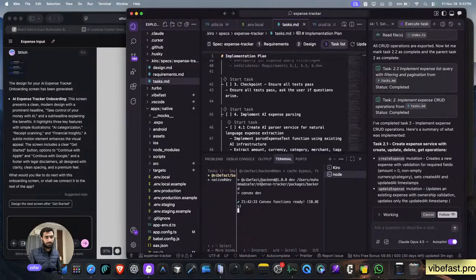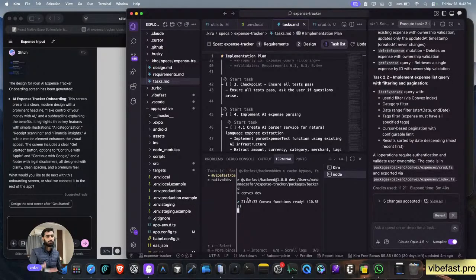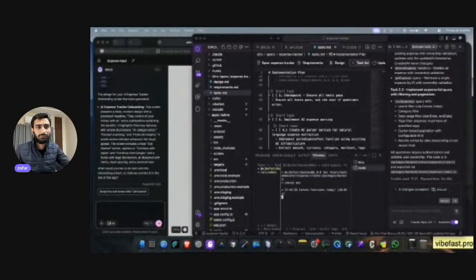So you have to run npm dev and then it runs your front end and back end. The backend one synchronizes all your backend code to a cloud instance of Convex. I'm sorry, I'm just watching a video as well. Let me share this screen. I'm just gonna remove myself from the